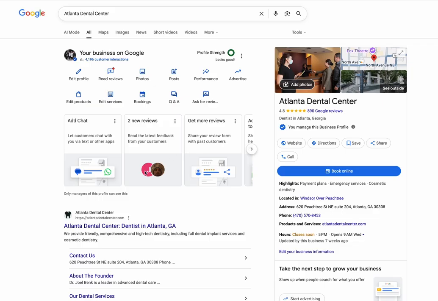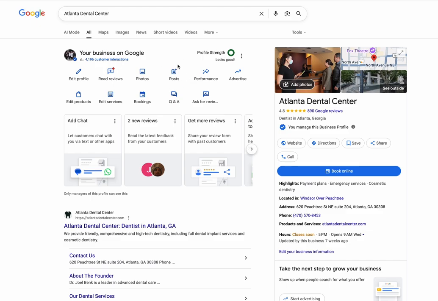First thing you want to do is get into your Google Business profile, and you do that by going to business.google.com. Once you're in there, you'll be able to select your business. When you're in your business, this is where you start seeing all the different options on how to do updates, how to edit your profile, how to add products and services and booking links and so forth. So for today, we're going to show you how to do the post, or the update it's called, on your